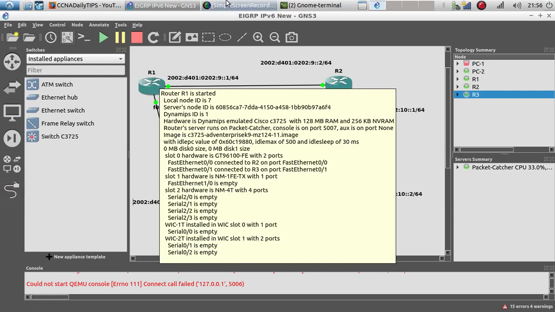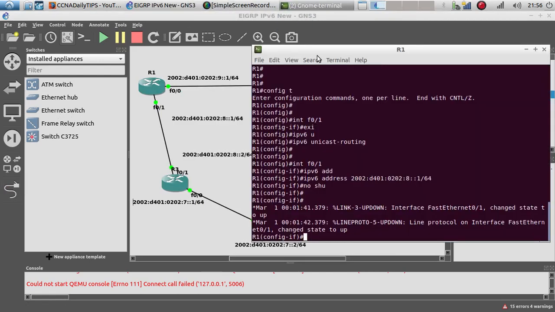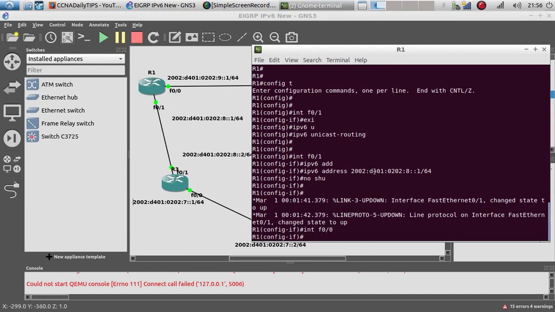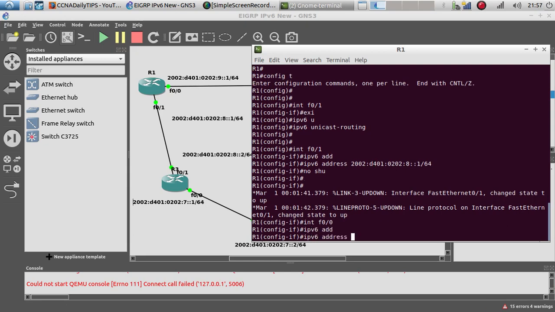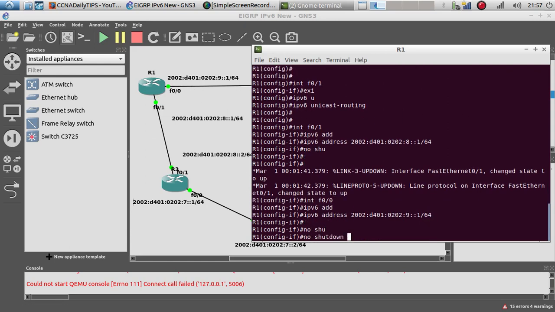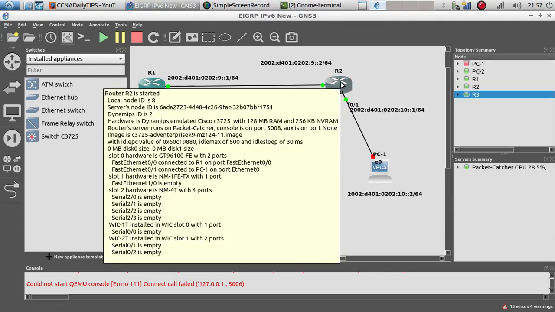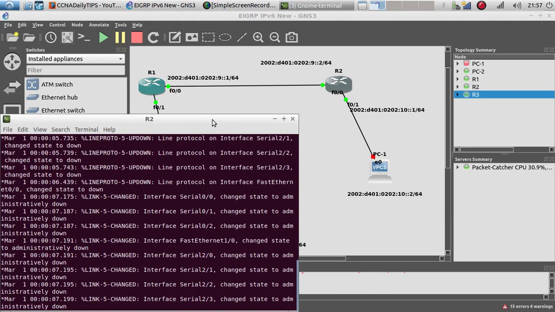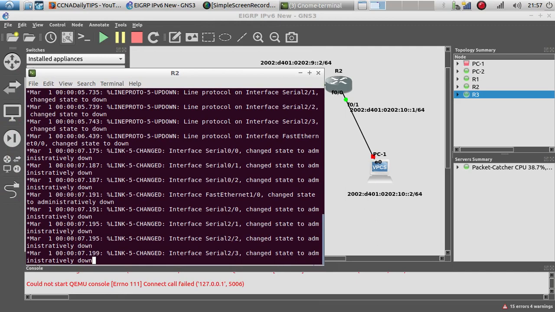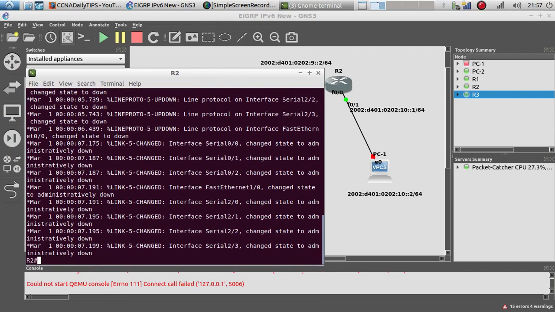Now let's go ahead to router 1 again, and in router 1 what we need to do is go to interface FastEthernet 0/0, which is the one connected to router 2, and what we need to do here is the IPv6 address. Paste that here, and this one is going to be 9.1/64. Now shut down. Okay, and now let's go ahead to router 2. Open this console. There you go, config t,